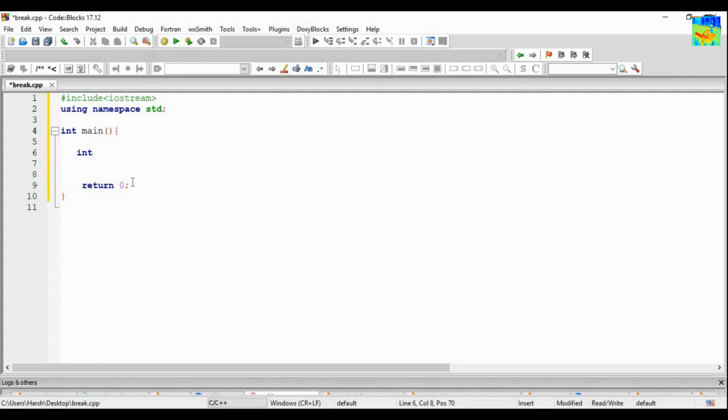So let's create a variable I, which is initially 2. Now let us write a while loop. I am putting some random condition here: while I is less than or equal to 20.